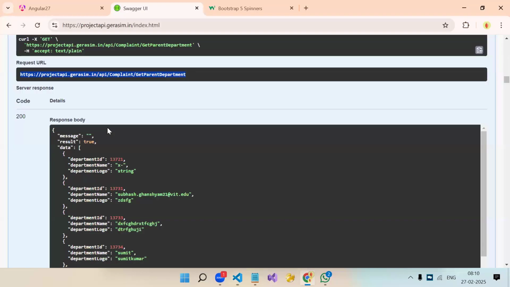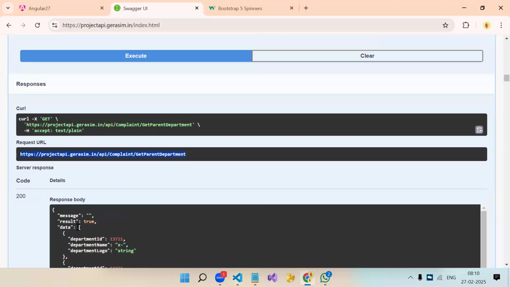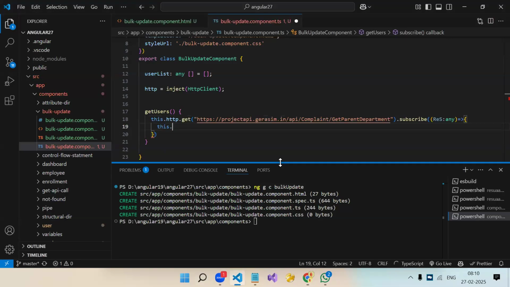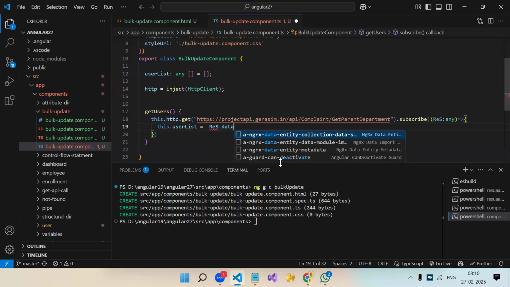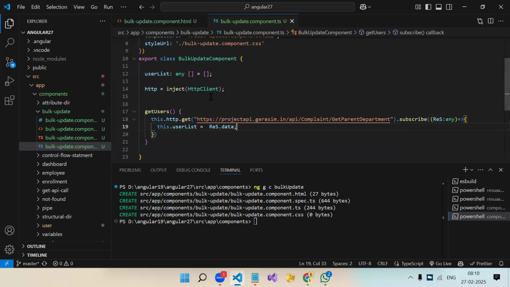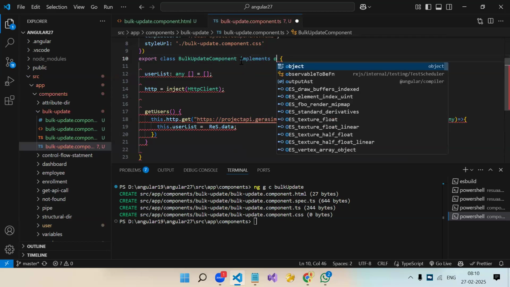Are we getting an object or array directly? Okay, we are getting an object. See, object we are getting, and inside that data we have the array. So this.userList is equal to res.data. Okay, now on page load we need to integrate this API call. So implement ngOnInit.